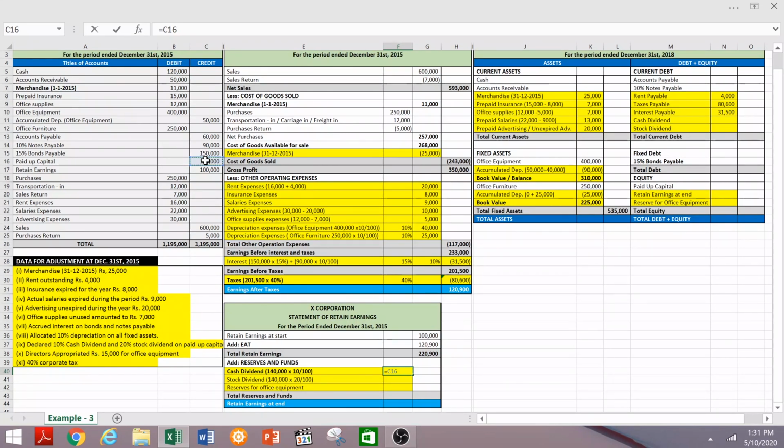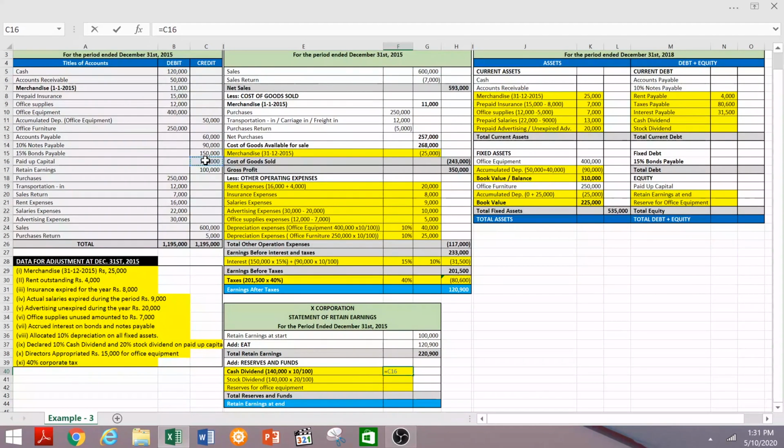Again, we need to calculate 20% for the stock dividend. So we easily calculate by copying 1,40,000 paid up capital from the trial balance and 20% equal to. Now you can see the 10th transaction in the adjusting information or data in which directors appropriated rupees 15,000